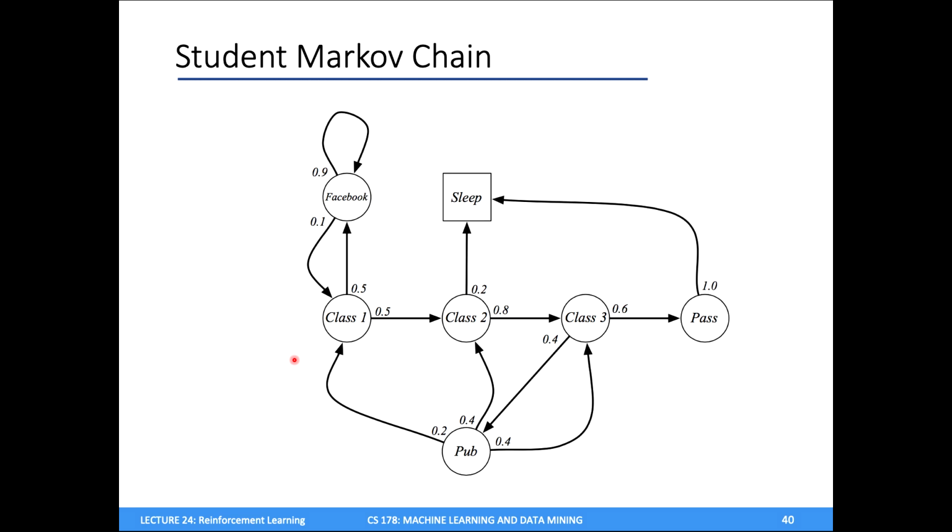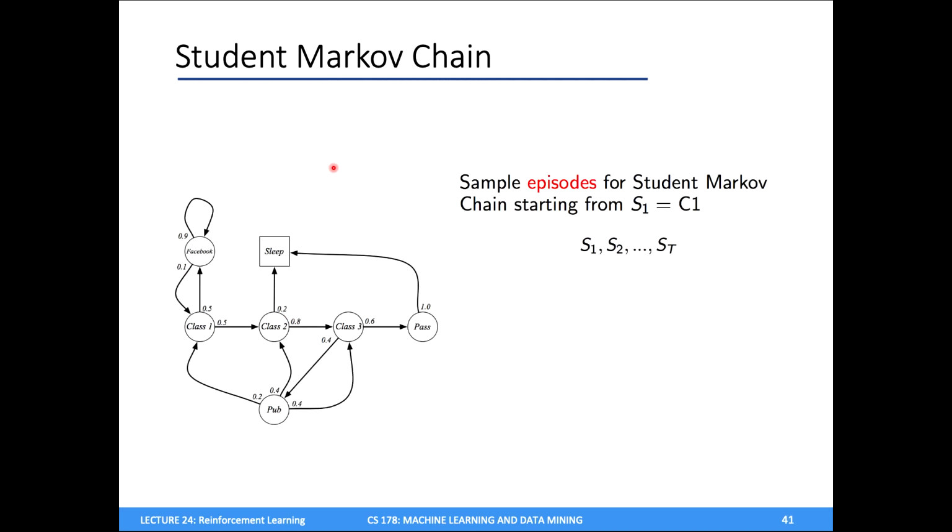So as I've shown it to you, I've given you all of these possible transition probabilities. But usually we don't really know a priori what these probabilities are. We might know the states, we might know what state can go to other states, but we don't know these transitions. And the way we can estimate these transitions for a Markov process is we can sample what are called episodes from this Markov chain.